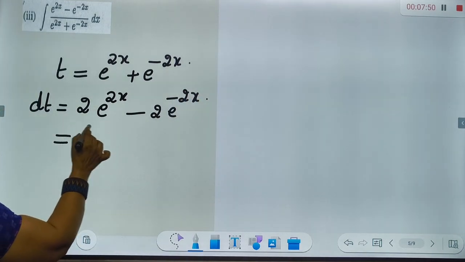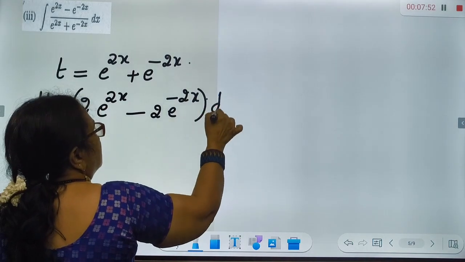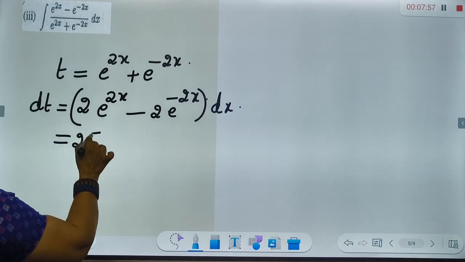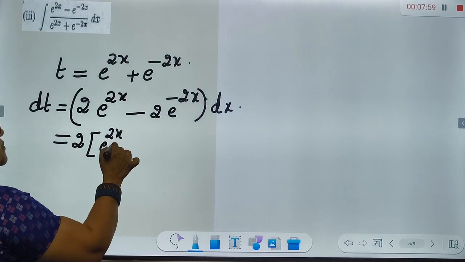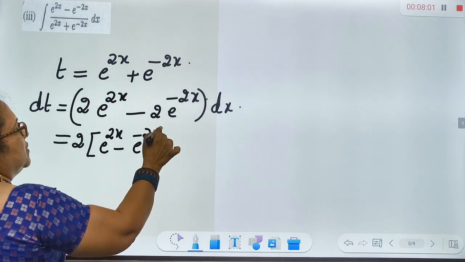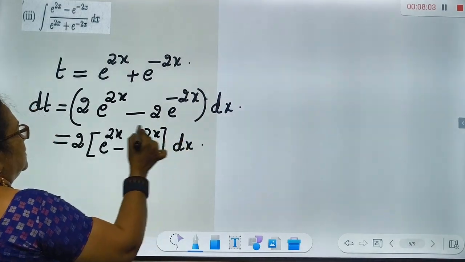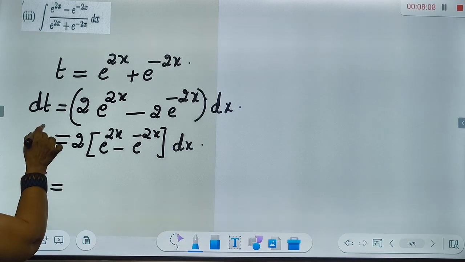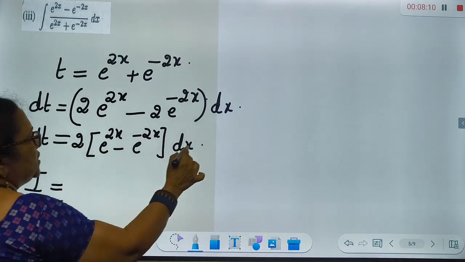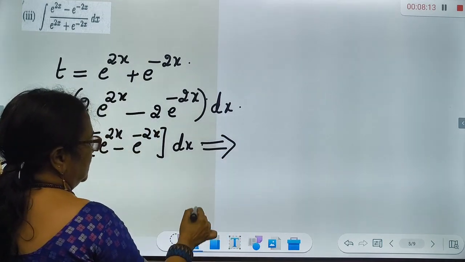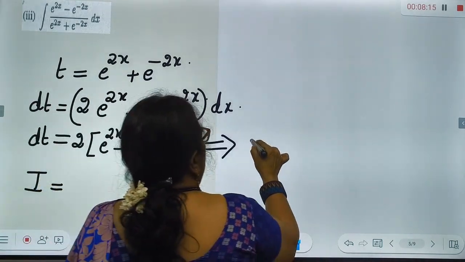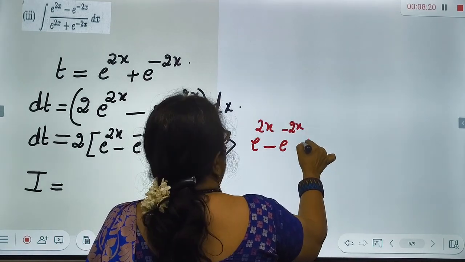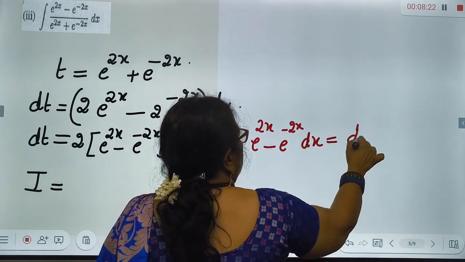So if I take out, into dx, this is 2 into e power 2x minus e power minus 2x dx. So this is dt. Therefore, this implies